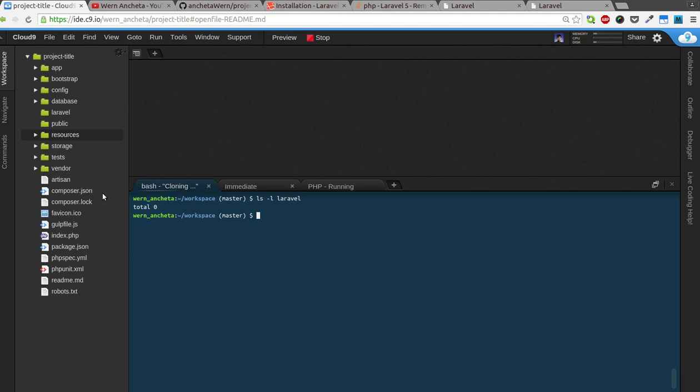So next, what you need to do is check if the public directory contains anything. This public directory should not contain anything, so it should say 0. Now we need to open the index.php file,